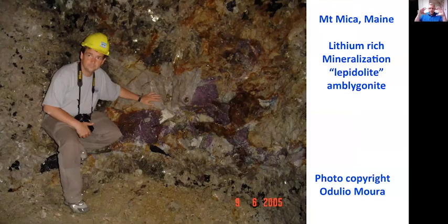Here is where you see the bigger crystals of lepidolite and elbaite. There's some petalite there. I think there's some pollucite also here. So rare lithium cesium enrichment. Now, this is from Mount Mica in Maine, and it's a huge pegmatite, many, many meters thick. But still, when you look at all the mine tunnels, it's just maybe less than 1% or rather per mil that is highly enriched, even of such a famous pegmatite that was found